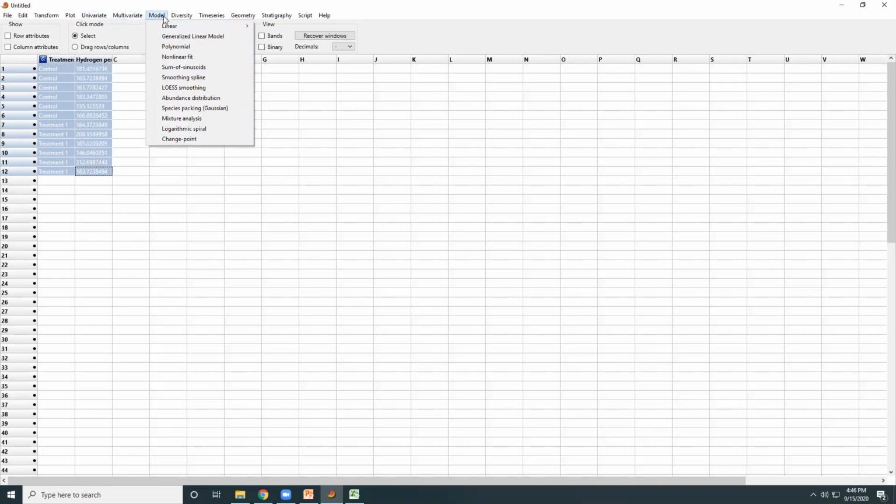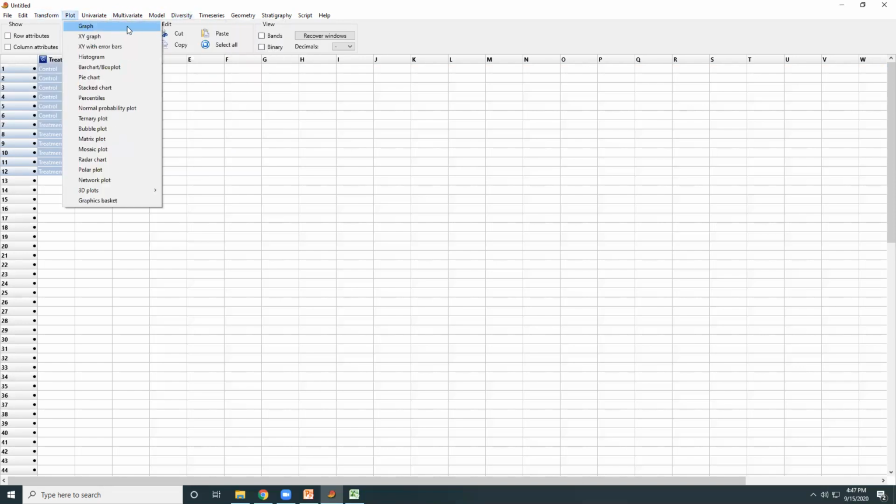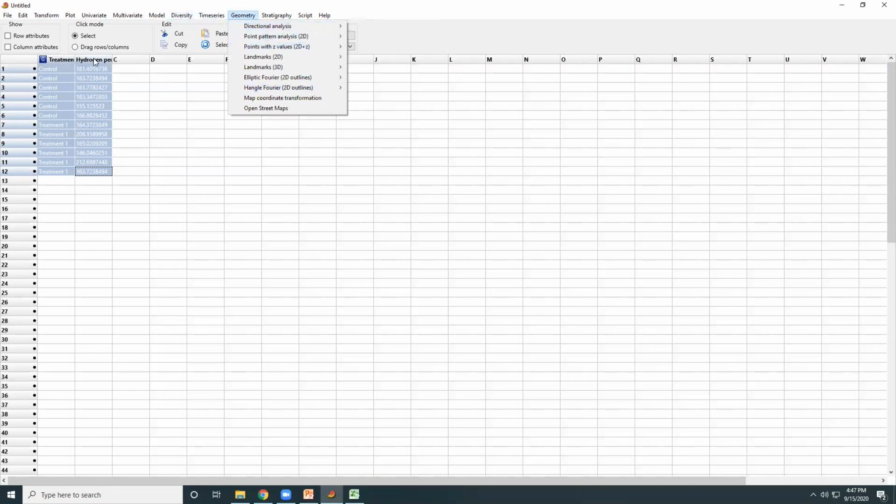Similarly, you have a number of models like the generalized linear model and so on. Also, most of the people who have been studying diversity indexes use this particular software very much. So there are several features available in the Past software. This is one way you can do the data entry. Further analysis we will be doing in the later days.